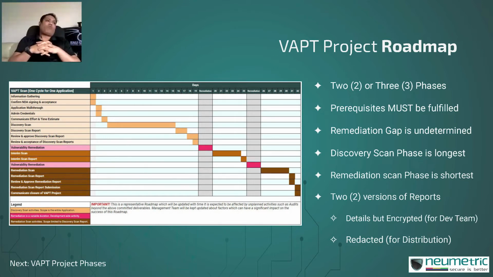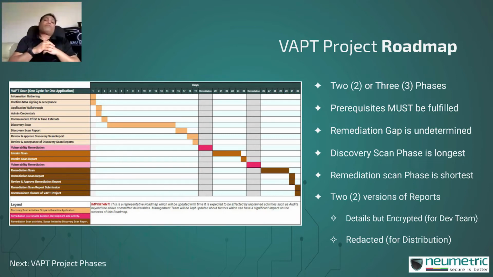The reason being, when outsourcing is done, the time and cost estimation is dependent on the effort that is going to be put in and for the duration of the project. Effectively speaking, before even the kickoff happens, it is already known in advance when exactly the project is going to end, how many hours someone is going to be spending, what are they going to be doing, and there is not much opportunity available for redoing a scan. And this frequently becomes a reason that if you have not remediated all of the vulnerabilities, then you either have to extend the project at additional cost, or you may not even get your green report, which is something that may be necessary, for example, for your sales team or for your own internal assurance.